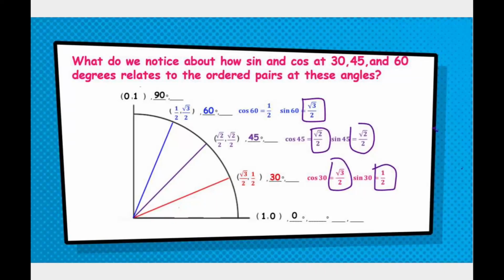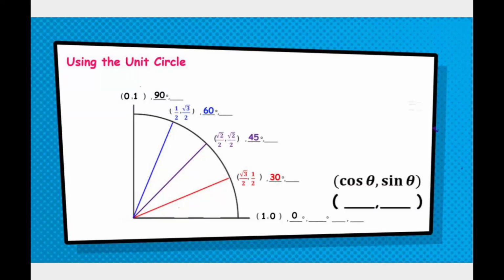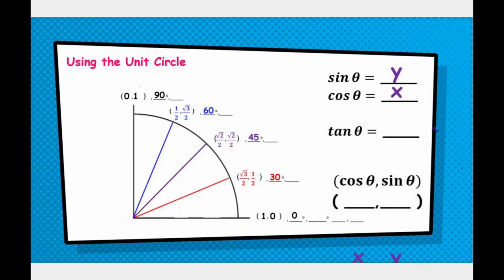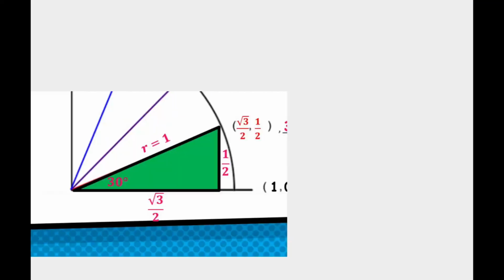What we hopefully observe is that on all of these, the cosine values that I just gave are our x values, our sines are the y values, and then we need to think about what tan is. When we go around and write these out, cosine and sine of the angle are just the ordered pairs that we're looking at. So the tangent of that is always going to be, and I'll show you how to find that and why it is what it is. If we look at this triangle again where I have these labeled, if I write this out with the dimensions of that reference triangle, I can easily see why